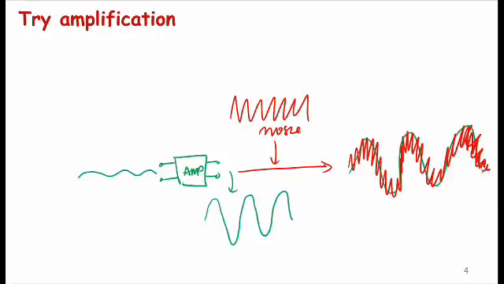I progress forwards in time. If you notice, this particular signal looks like I can still make out the input. So this is not bad at all. By amplifying the signal, I was able to make out the signal even when there was noise superimposed on the signal. This indicates that if I have amplification, then I